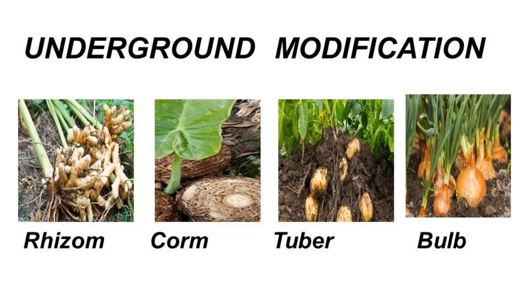The first one is rhizome, turmeric. It is an underground thick stem with nodes and internodes, with scale leaves at the node. It grows horizontally and has an irregular shape. It gives rise to a new stem and leaf. Corm: this underground stem is round in shape and flat at the top and bottom. It is a condensed form of rhizome and bears one or more buds in the axils of scale leaves. Daughter plants arise from these buds.